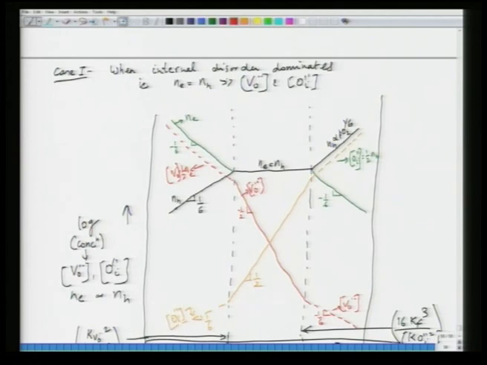So, this is how you will plot the concentrations of each of them, because the moment you draw one of them, you get the lead to draw the others in other regions. So, first we do Ne equal to Nh in the central region, which is the stoichiometric region, and then from the ends of Ne and Nh you follow the Ne and Nh plots according to the equations that you have worked out in the previous slides, and then VO